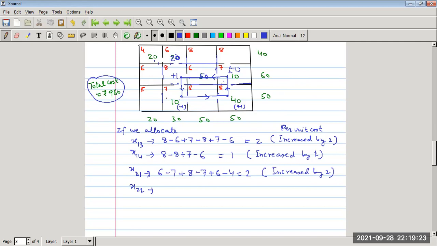Now, net effect क्या होगा cost में? इस यहाँ पर it is increased by 8. Second में it is decreased by 7. Third में it is increased by 8. Fourth में it is decreased by 7. So total 8 plus 8, 16. 7 plus 7, 14. So again we get 2. So here it is also increased by 2. Right? So we don't prefer this point also.